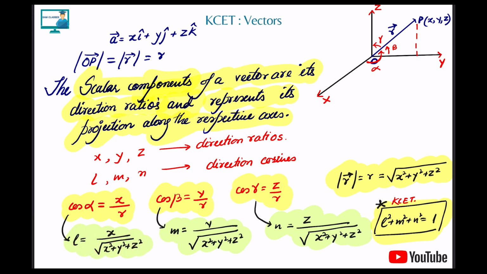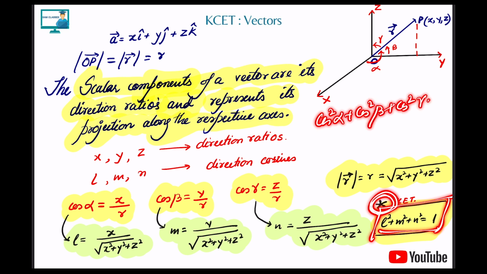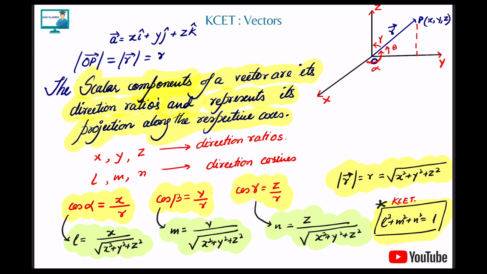Now, one very important thing, a lot of questions will be solved by this. The value of cos square alpha plus cos square beta plus cos square gamma is always 1. Meaning L square plus M square plus N square is always 1. So you don't have to worry about anything. Most of the questions will be solved by this. These things we won't be needing in KCT for the solving part. For PU we will definitely need them, but understand it.